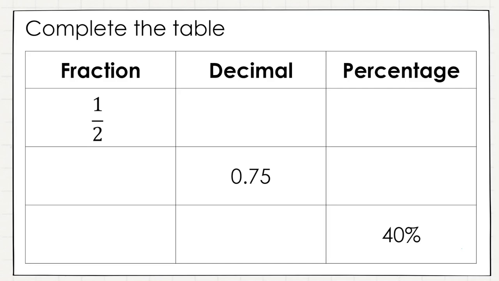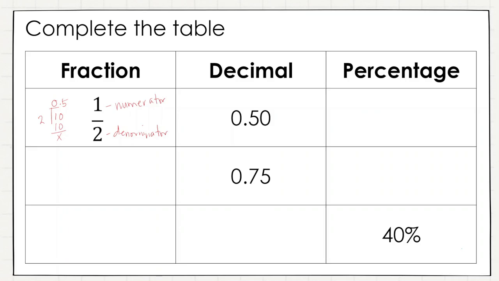To convert fraction to decimal, what we're going to do is divide the numerator by the denominator. So 1 here is our numerator and 2 is our denominator. We're going to divide 1 by 2. So 1 divided by 2 cannot be. We're going to add decimal point and 0. So 10 divided by 2 is 5. 5 times 2 is 10. So 1/2 is equivalent to 0.5 or 5/10, or if we're going to write it in hundreds place, it is also equivalent to 50 hundredths or 0.50.